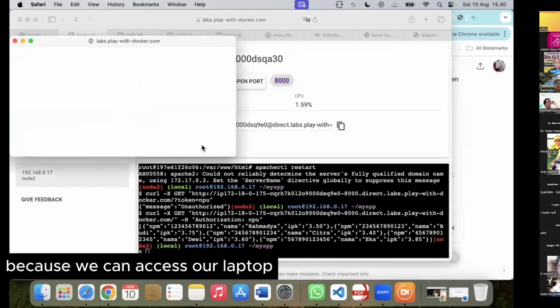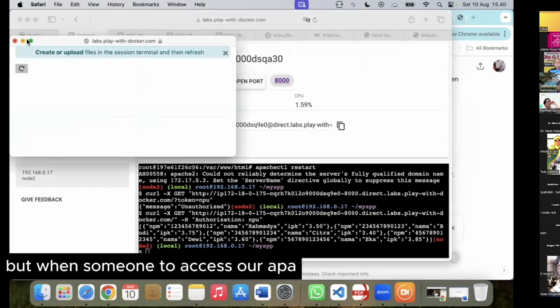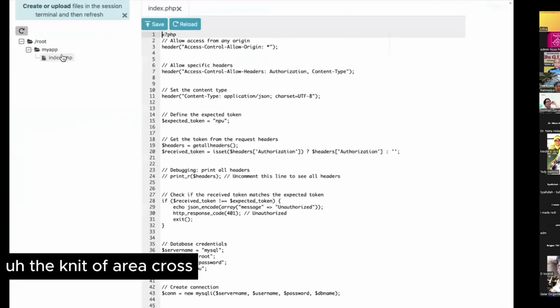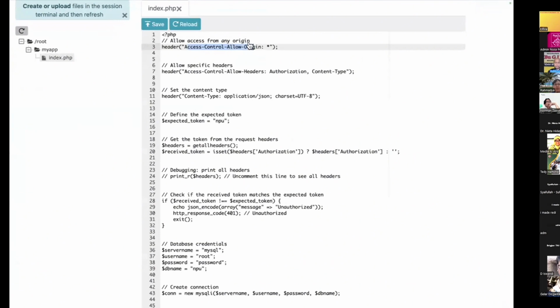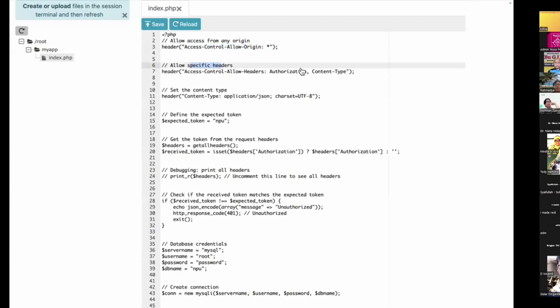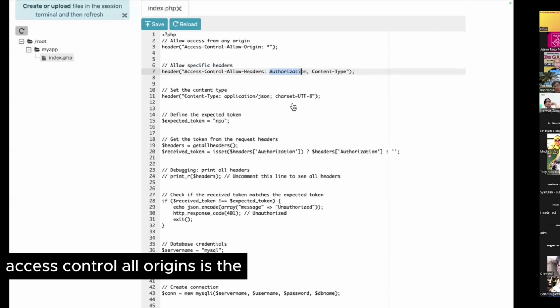We can access our own laptop, but when someone else accesses our API, the server needs cross resource sharing, usually with access control allow origin.